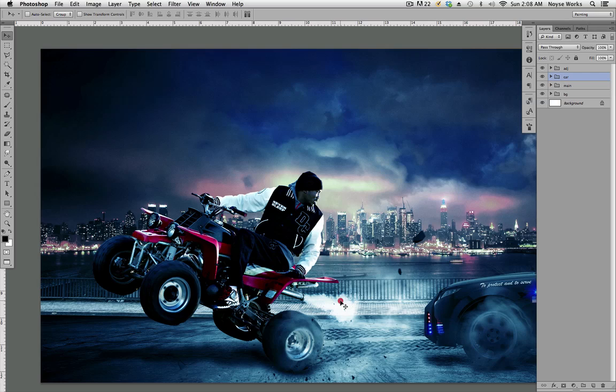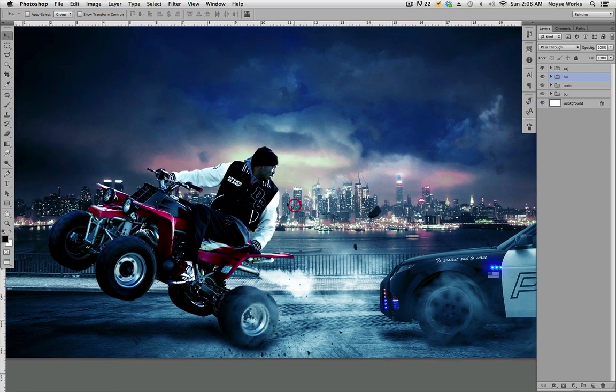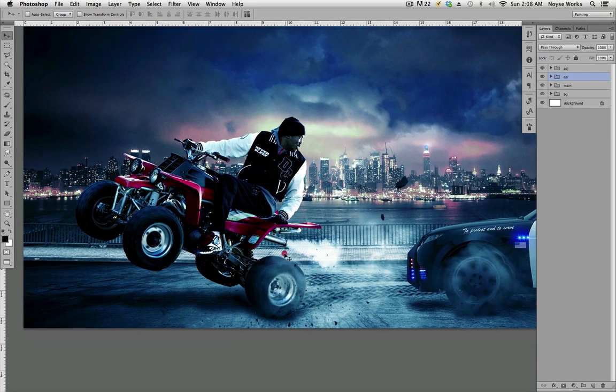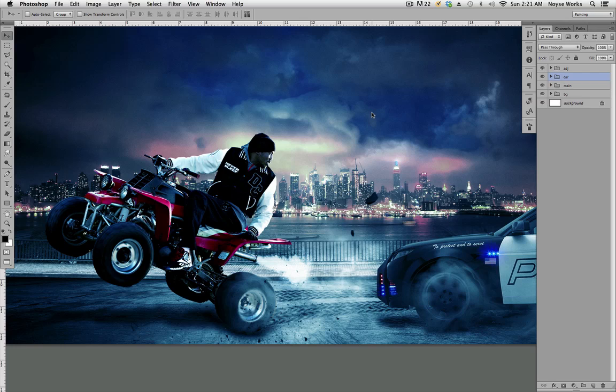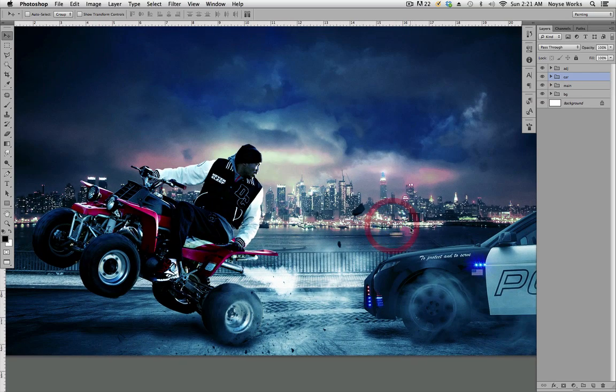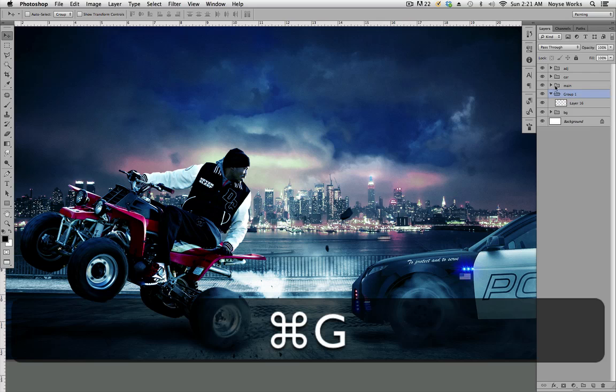Now the last thing is adding the light behind him, on top of him, the lights on the car, the headlights, and the lights on the ATV. So let's do that. Alright, so let's create the glow behind him. So go down. Let's go down here, create a new layer above the background but underneath the main. So let's group that, name that glow,